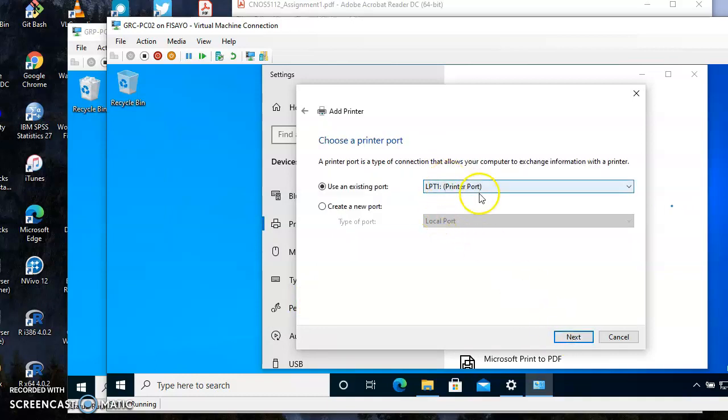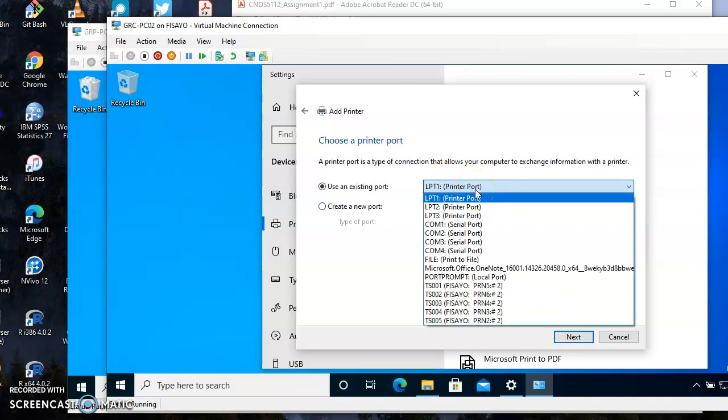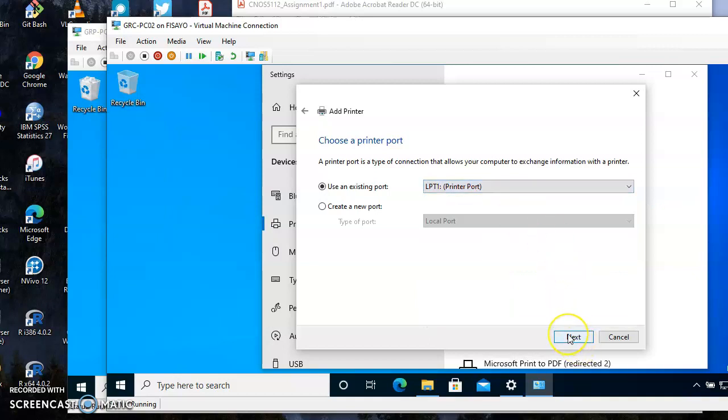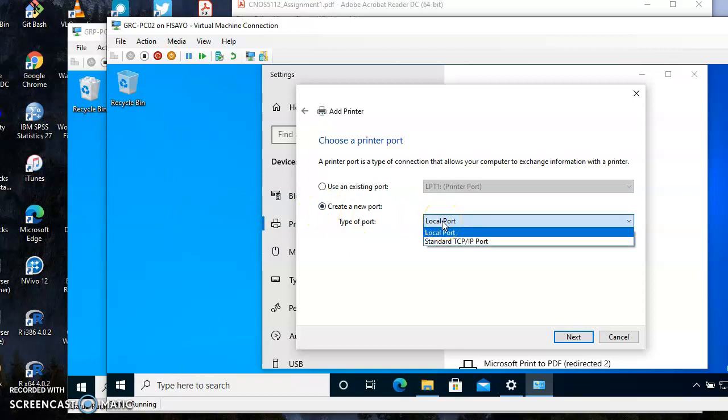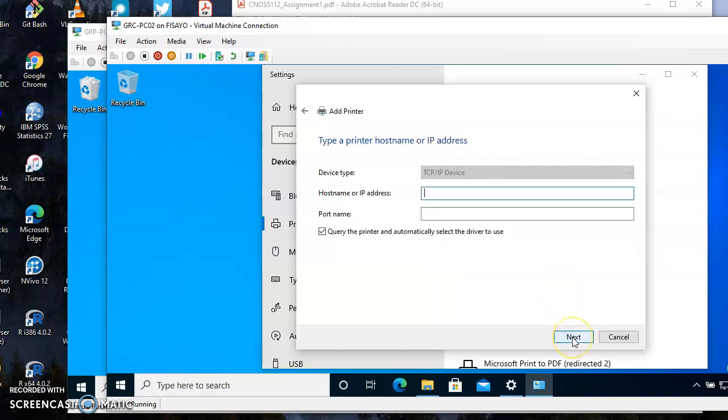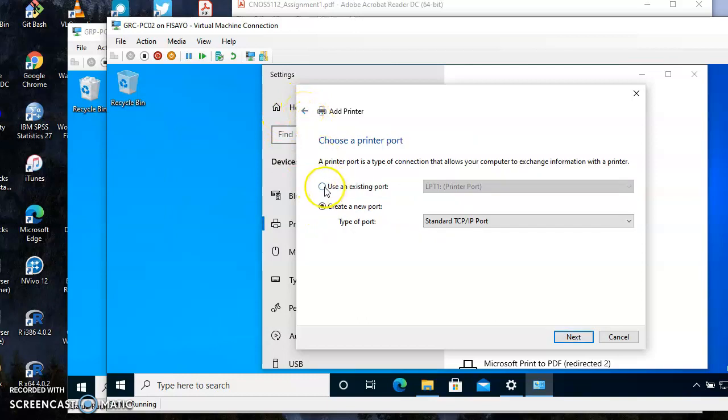Click next. So we're going to use the printer ports. So you're just going to leave it the way it is. Next, because if you say create a new port, it's going to say use standard TCP IP ports. If you click next, you see the difference. You need the host name and the port name. So this is not what we're using. So go back, choose use an existing port, click next,